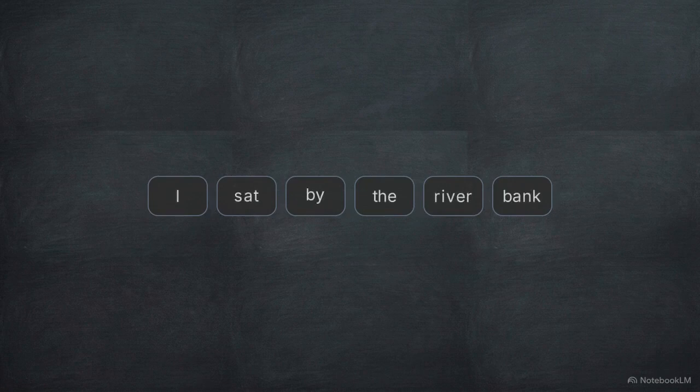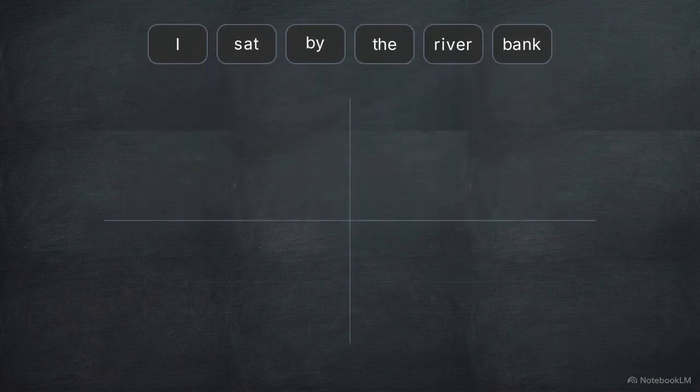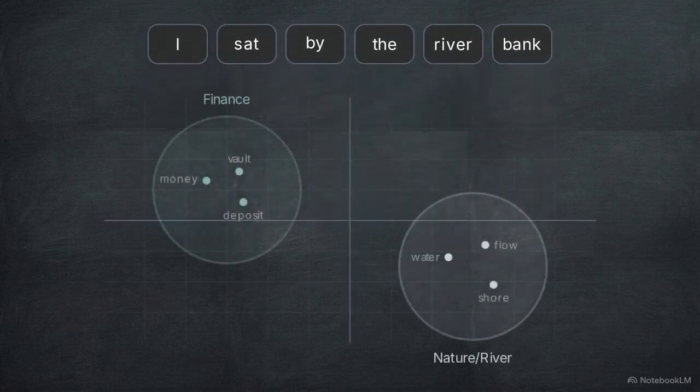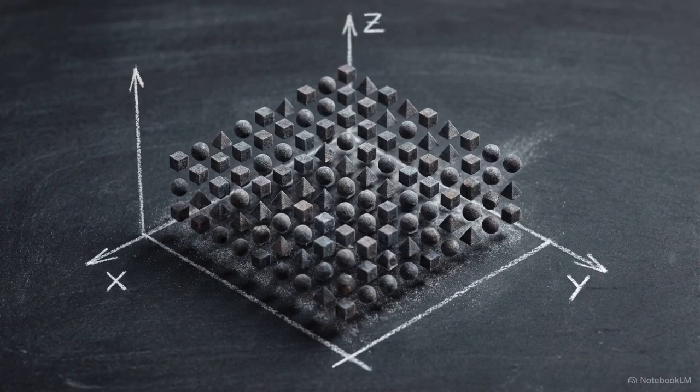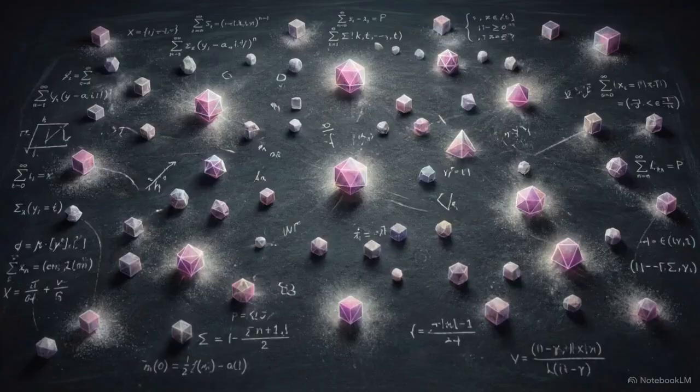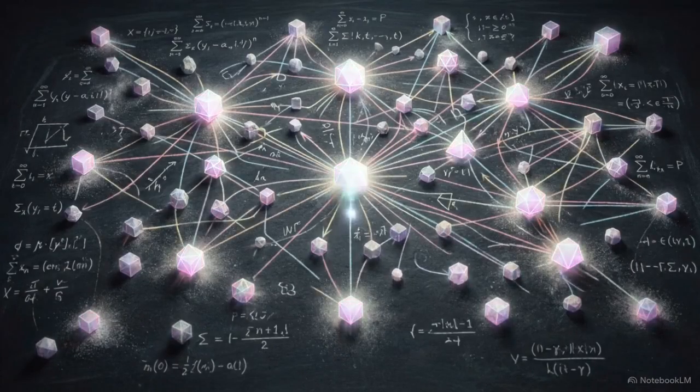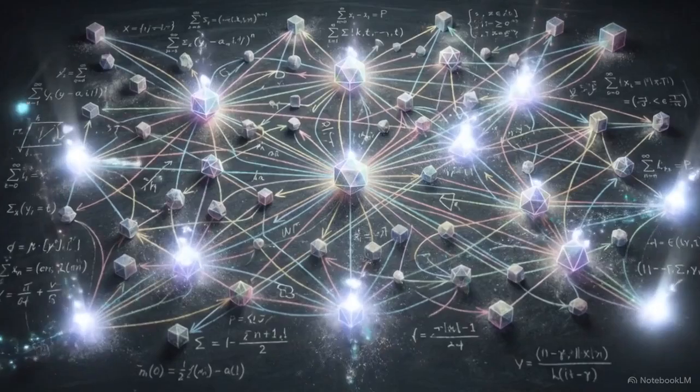surrounding sequence. This mapping shows what happens when we process the sentence, "I sat by the riverbank." The vector for bank actively shifts its geometry. It is pulled directly into the river cluster based on the contextual presence of the words river and sat. Word2Vec's derivation of negative sampling taught machines the foundational geometry of meaning, but it took the leap to self-attention to finally teach them the fluid, adaptable nature of human thought.